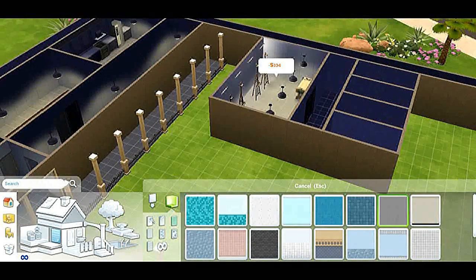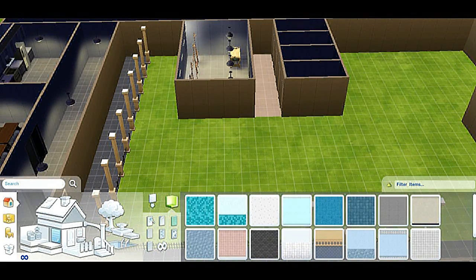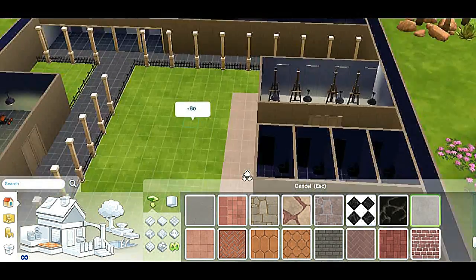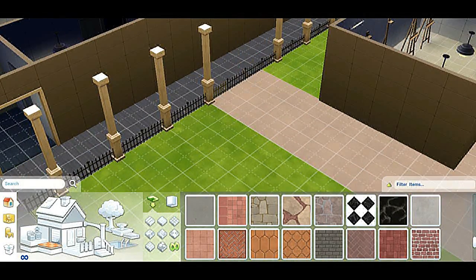Okay, next thing I'm going to take out, after I've painted all these walls, I'm going to take out these 2 here and extend the walkway so that it joins to the other one, like so. There we go, there we go. And then